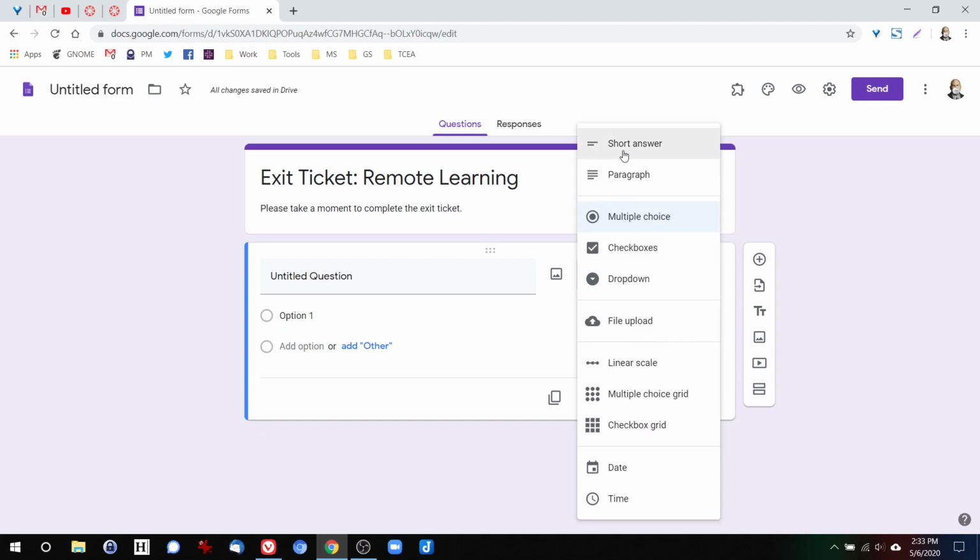As you can see, there's a short answer and paragraph, which is a little bit longer than short answer, multiple choice, checkboxes, drop down, file upload, which is a really cool feature because you can actually have students submit work, maybe a picture, a drawing, or something that they have done on their computer or their device, and now they can upload it. Linear scale, multiple choice grid, checkbox grid,